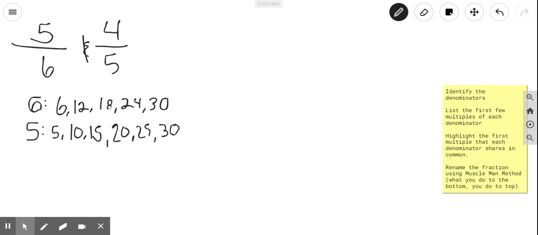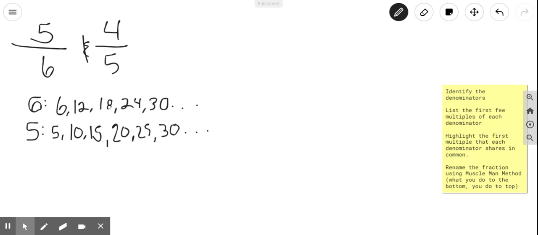I did 6 times 1, which is 6, 6 times 2, which is 12, 6 times 3, 18, 6 times 4 is 24, 6 times 5 is 30. And I just stopped right there. You can keep going, but I just list out the first few multiples. And then for 5, I did 5 times 1 is 5, 5 times 2 is 10, 15, 20, 25, 30,